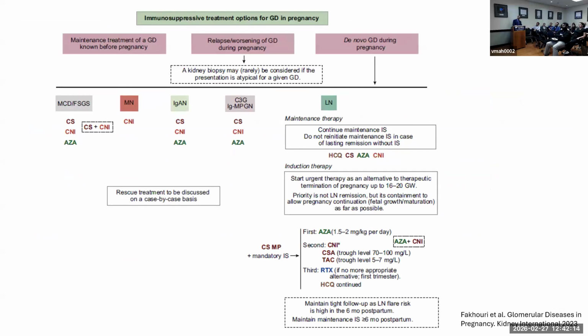This is an overview of your immunosuppressive treatment options, which we already talked about. So minimal change disease, FSGS: corticosteroids, CNIs, and azathioprine. Remember, for membranous nephropathy, your first line is going to be your CNI. IgA we spoke about: corticosteroids, CNI, azathioprine. I didn't include C3GN in this talk just because it was so rare. And there's a similar problem with ANCA vasculitis, not a whole lot of data for it. And then lupus nephritis, I displayed that part already.